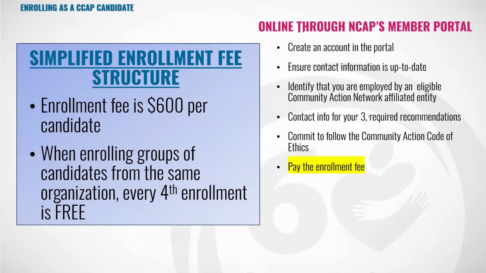But for example, if you want to come back and pay with a discount code that your agency or your state association has given you, you won't be able to access your application if you go past those Code of Ethics pages. We'll have to put that discount code in for you. Doesn't matter. We can help you. It's not a big deal, but I do want you to know that if you go this far, you are signing, sealing, and delivering your application with no chance for you personally to go back in and change anything. We'll be there to help you, but you can stop and go back.